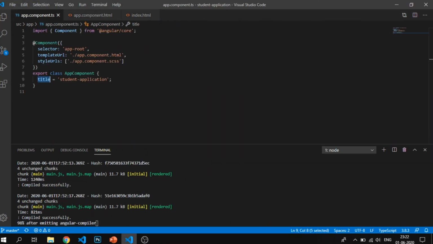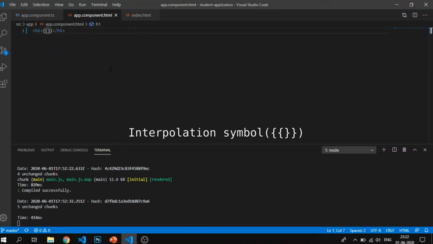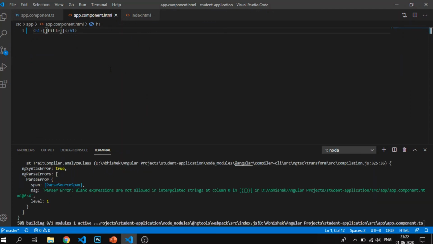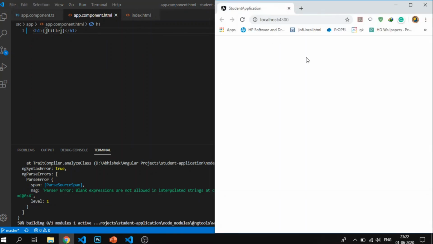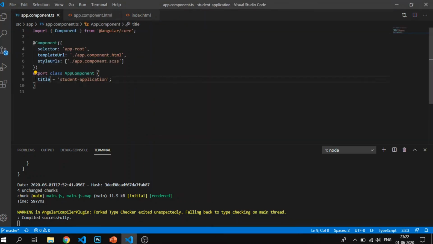We have the title here, and we need to use the interpolation symbol, which is nothing but a double curly bracket. Now if we write title inside this and save the code, you can see in the browser it is still compiling, and now I have got student application. This student application is coming from the component.ts. If I change this to hello viewers or something like this,